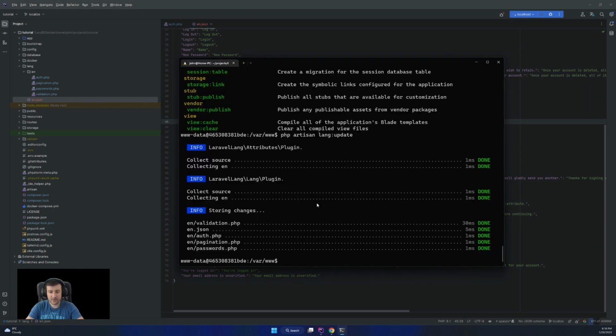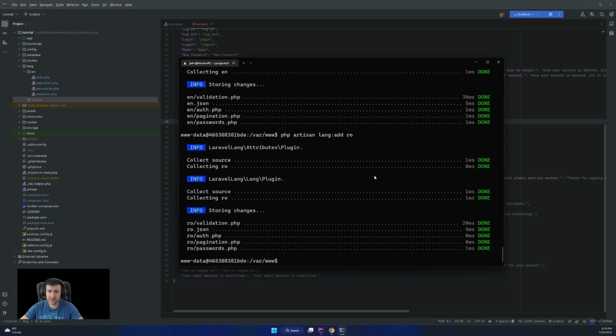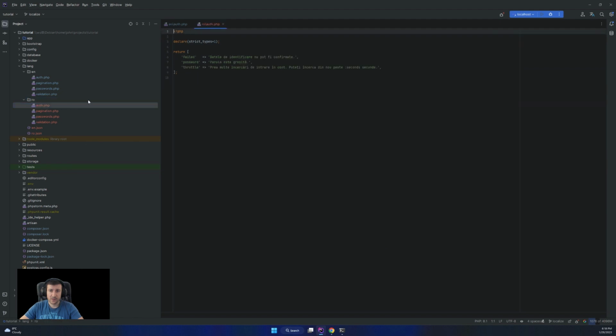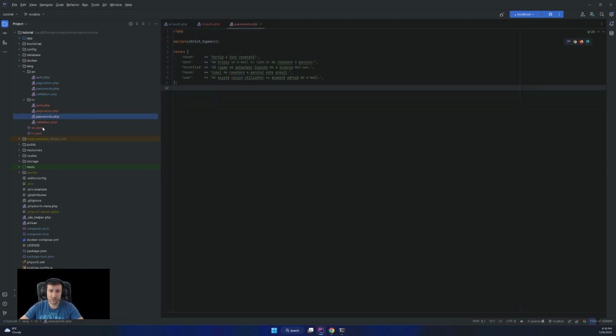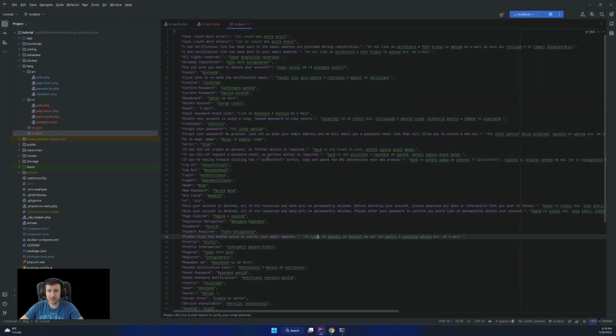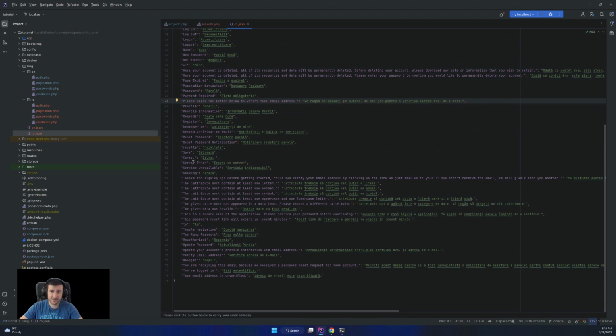If I want to add a new language, I'll go PHP artisan lang add and then the shortcut for that language. So for example, if I want to add Romanian, it will be like this. So as you can see, everything in here is translated into Romanian, and everything related to the starter kits is translated into Romanian as well.